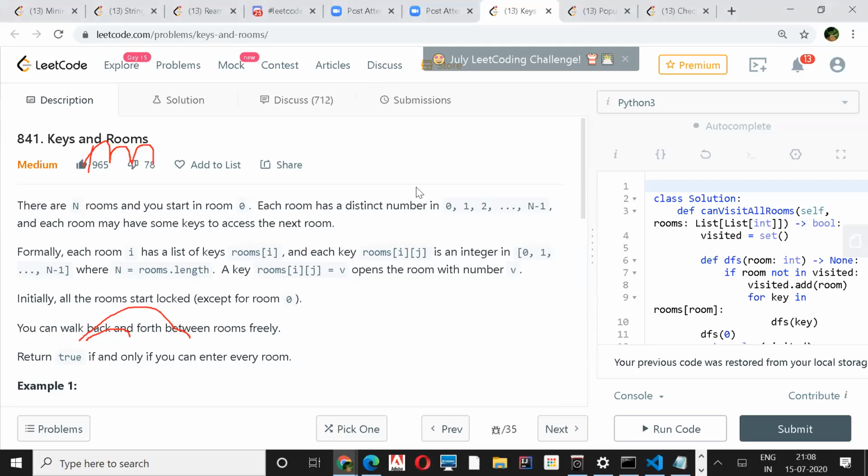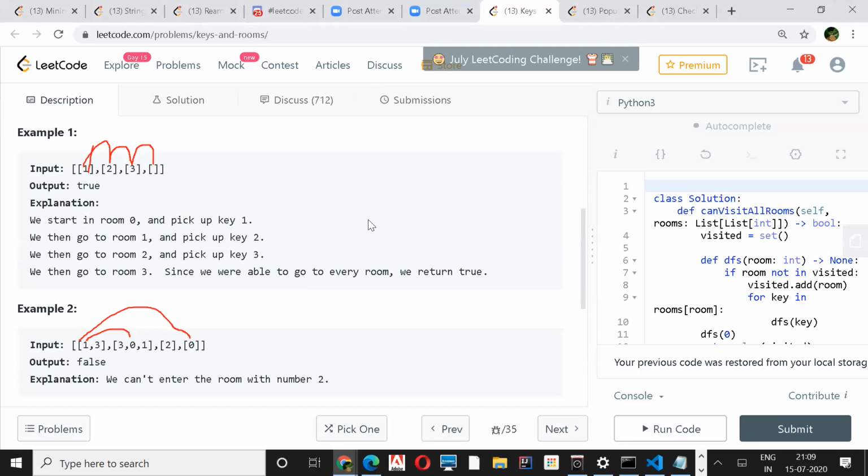Initially only one room is unlocked, correct. But that might give us the keys to other rooms, and that is a list. So all we need to do is iterate through those keys and use them to open the remaining rooms. We need not come back to already visited rooms, so we are progressing and not repeating.